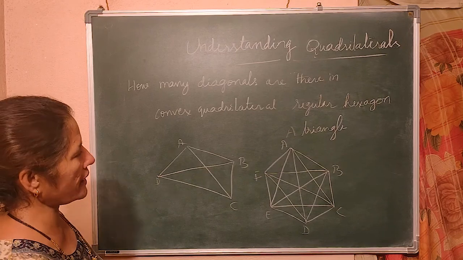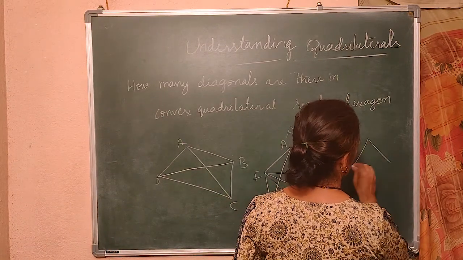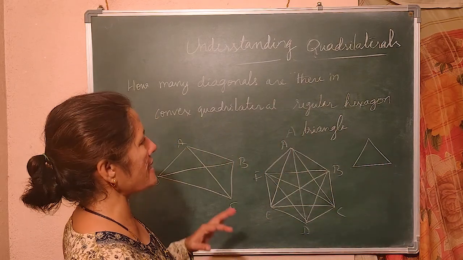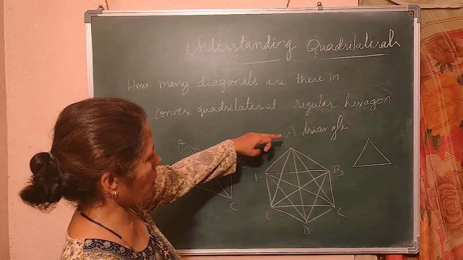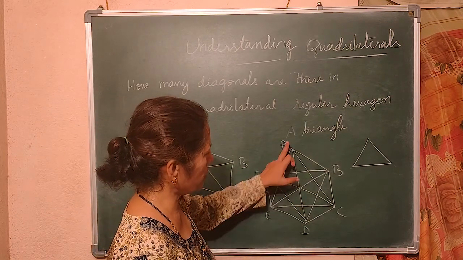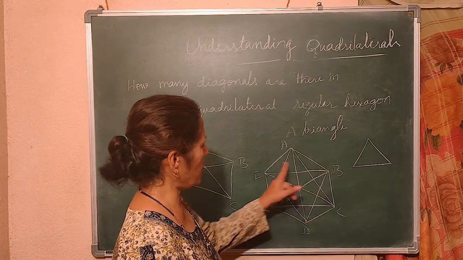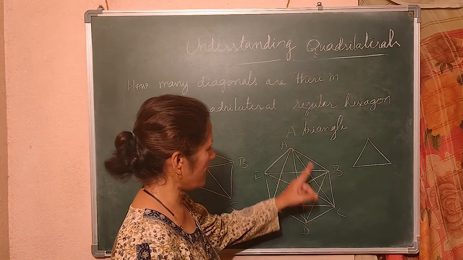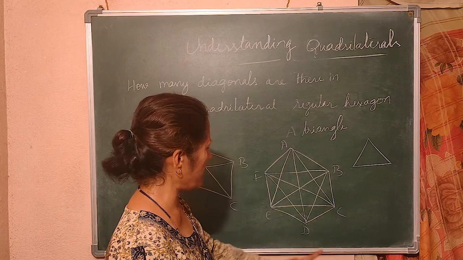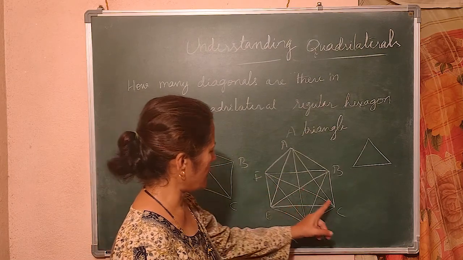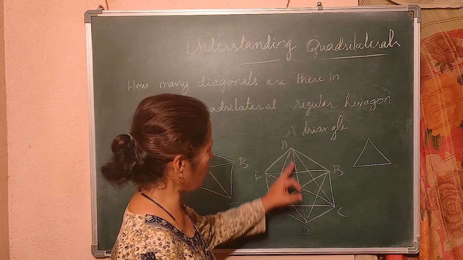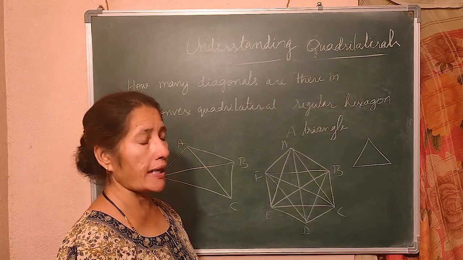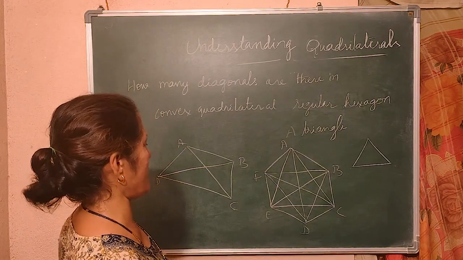Now triangle, you go to the triangle. Does a triangle have any diagonals? No, only adjacent sides. So how many diagonals are there in a regular hexagon? So 1, 2, 3. Here B to F, B to E, B to D, C to A, same thing. But A to C, same thing. C to F, now name one. C to E, correct? D to A, D to B, D to C, it's all counted, D to F. So name, count it, and you will understand better.